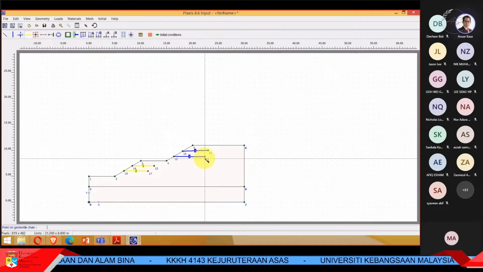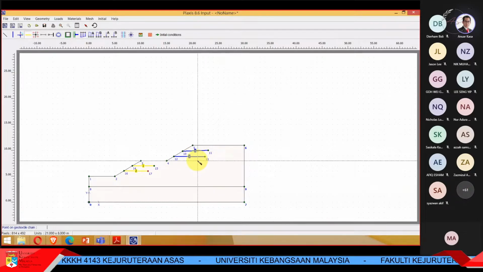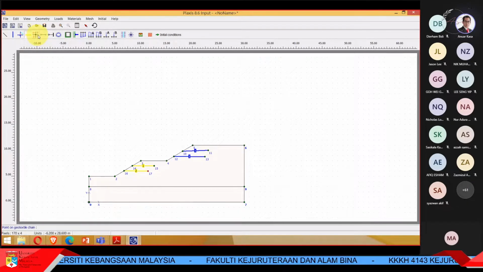Actually, it is good practice to put the interface element so that the calculation is smooth, because with different materials there is an interface. But you don't need to worry too much about that, because at the end the result is not much different whether you put the interface or not, unless you are really